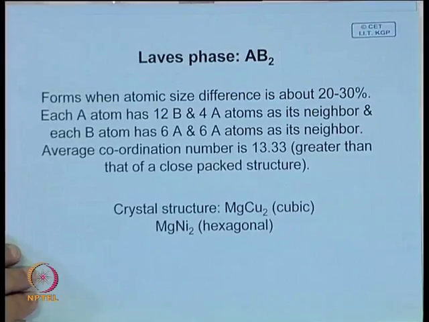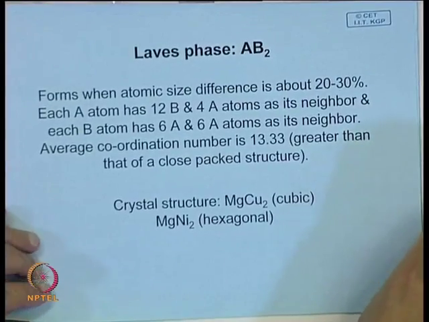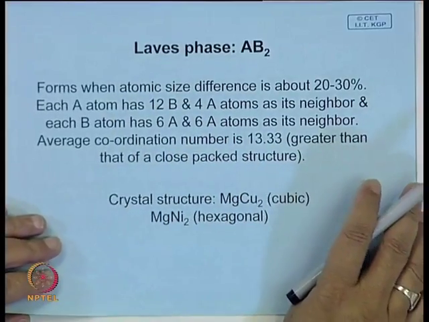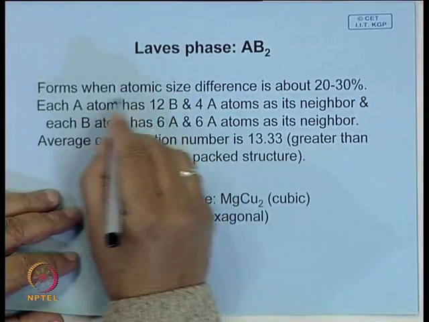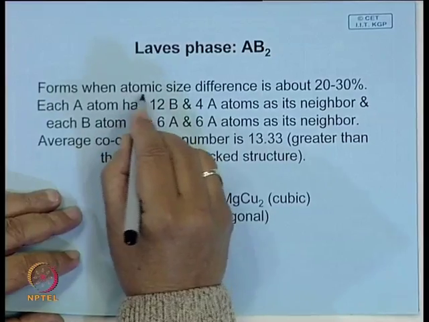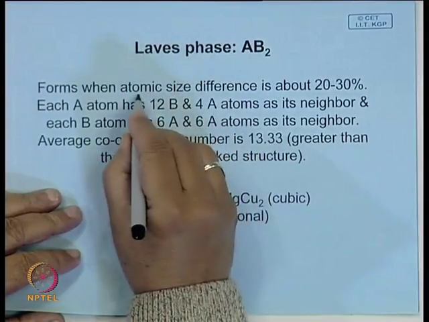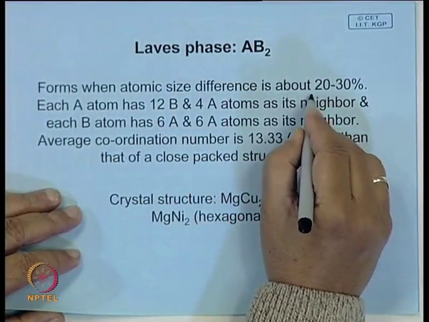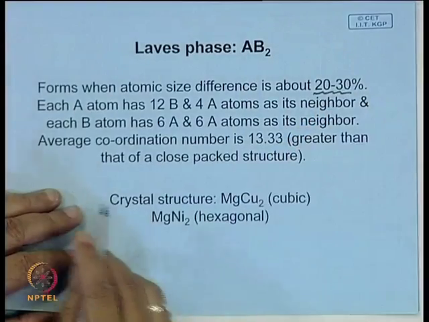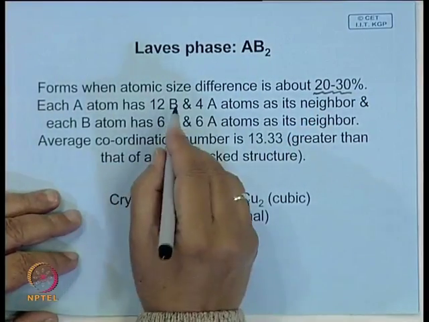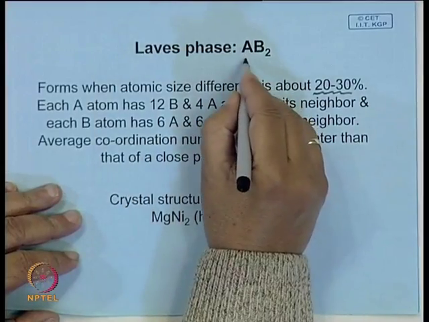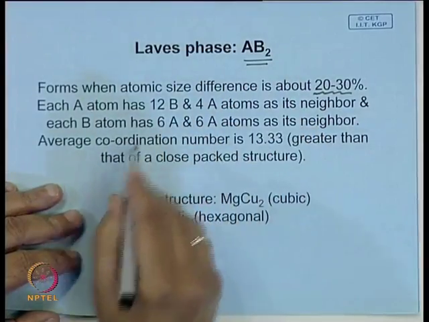Another type of intermediate phase we often talk about is called the Laves phase. This also forms as a size factor compound. It forms when the atomic size difference is around 20 to 30%, and it has an interesting AB2 type of structure, where